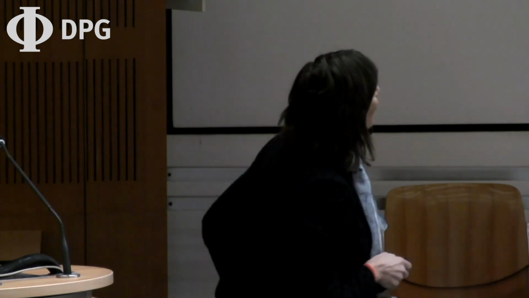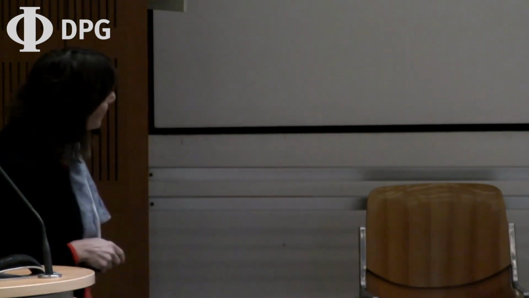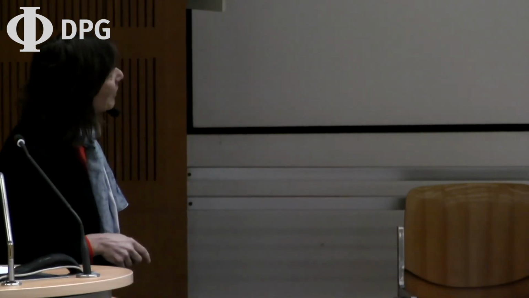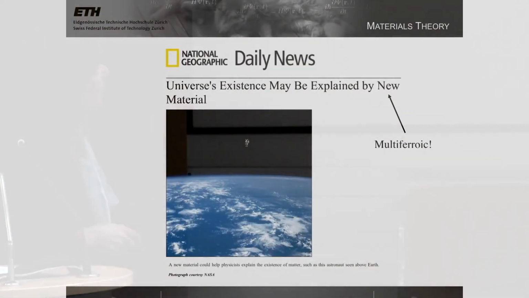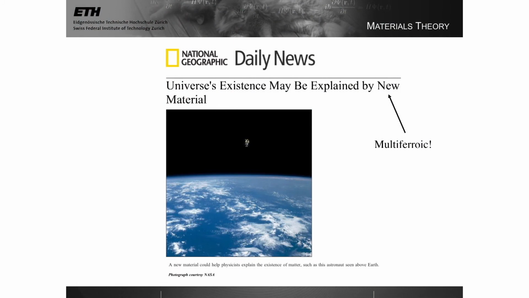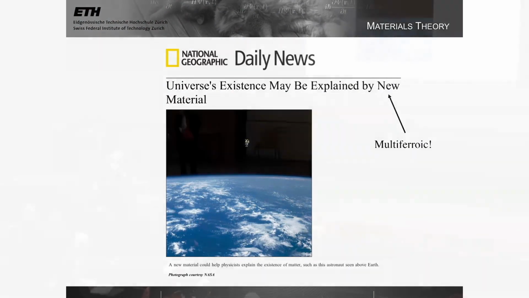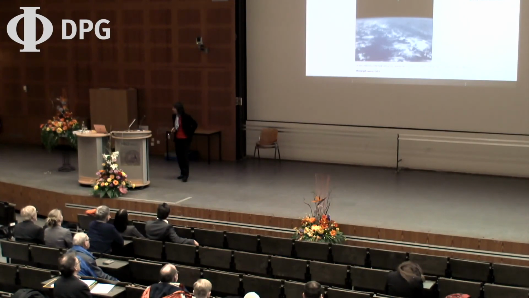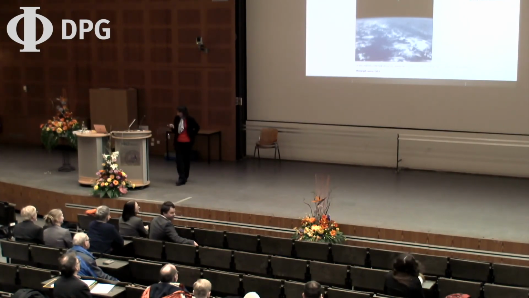And I loved this article in the National Geographic that the universe's existence might be explained by our new material. A new material could help physicists explain the existence of matter, such as this astronaut seen above the Earth. I think this might be overstating things a little bit,